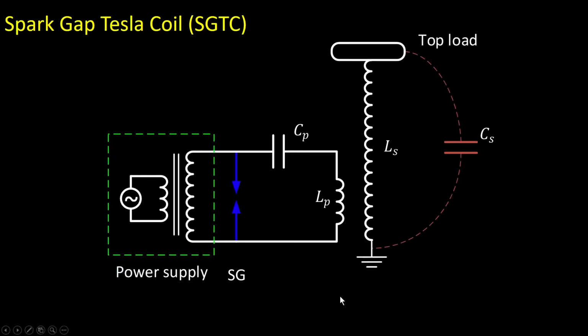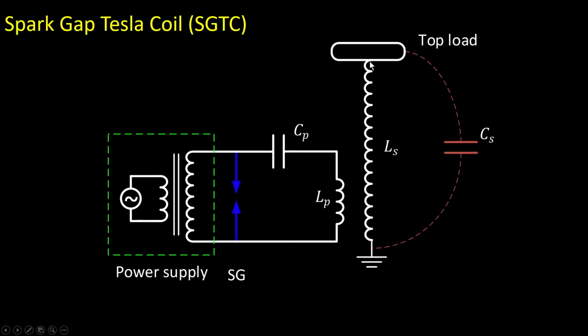Alright, so here we have a typical circuitry to drive the spark gap Tesla coil. We have a power supply, we have the spark gap, the primary capacitance, primary coil, and this is the secondary coil. Now usually on top of the secondary coil we put a toroid to homogenize the electric field, and people call it